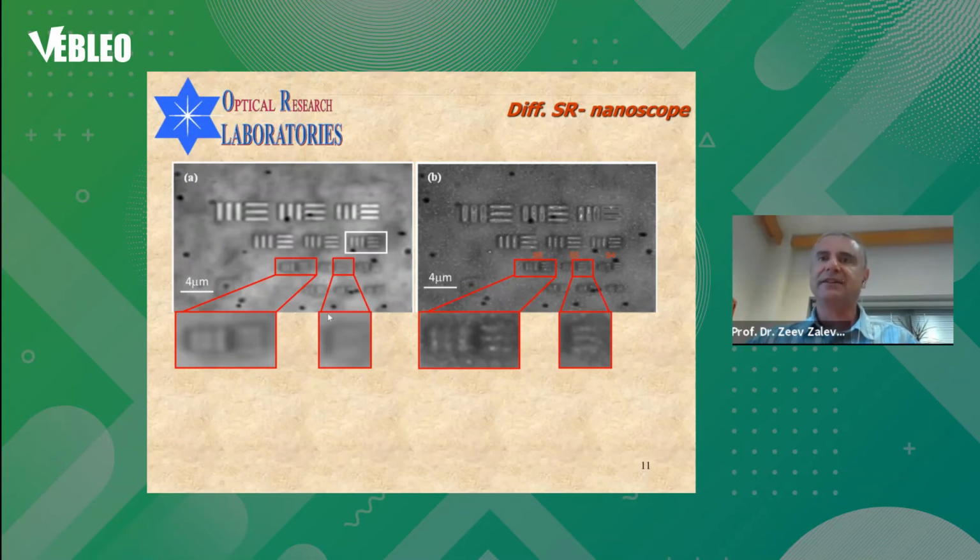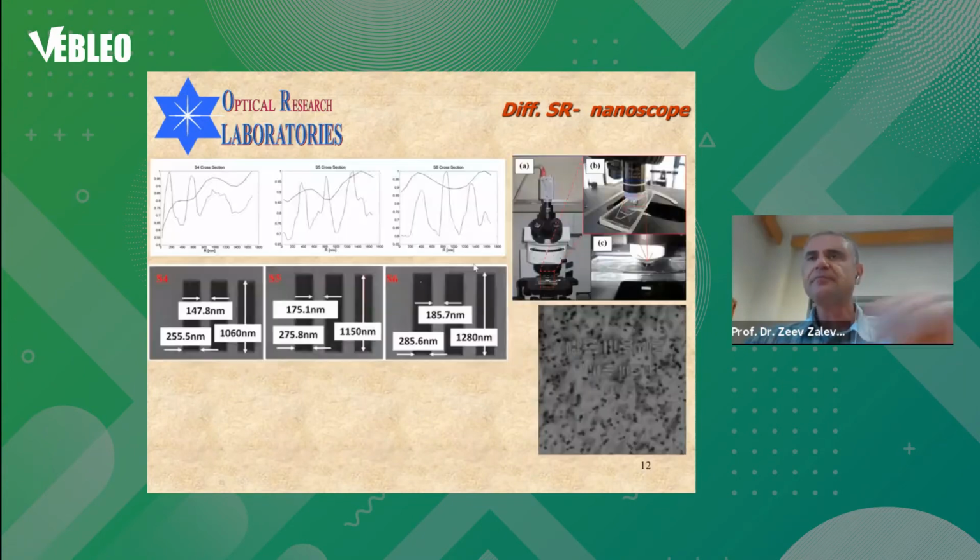You can see here the resolution target, which you could not see. Then you super resolve with the technique, the time multiplexing concept I spoke with you about, and you see the reconstruction. You can see here another example. This is 3 lines. This is the cross section, how it is imaged without super resolution. You cannot see the three lines, and those are the three peaks in the cross section that you see with